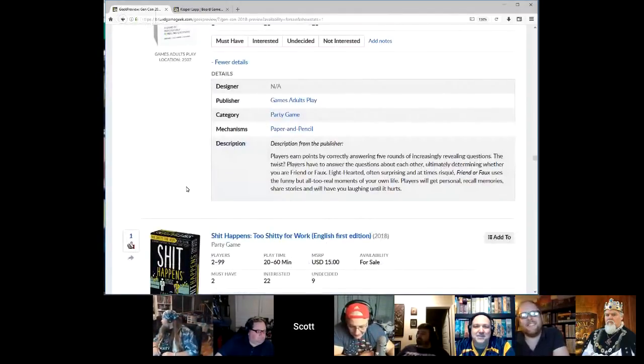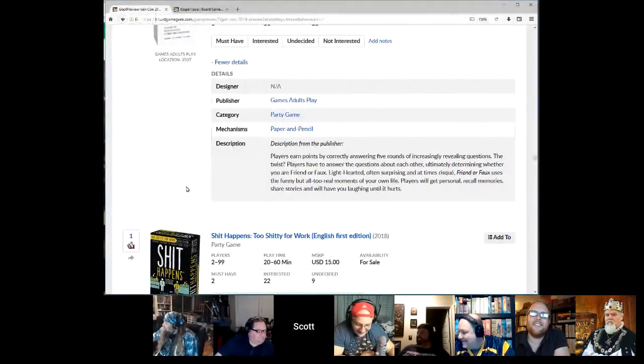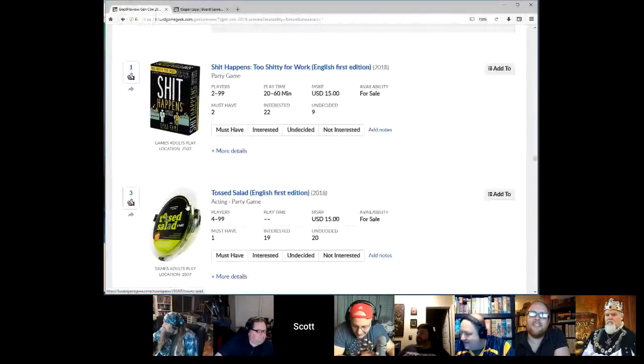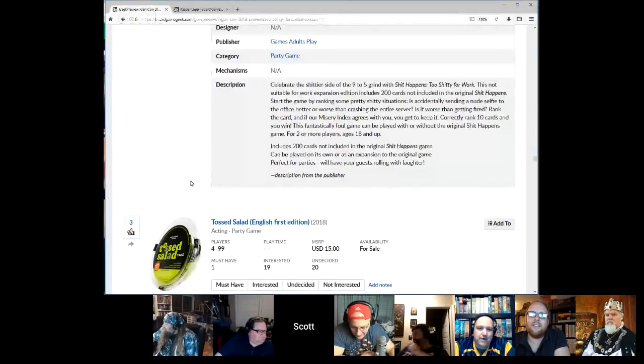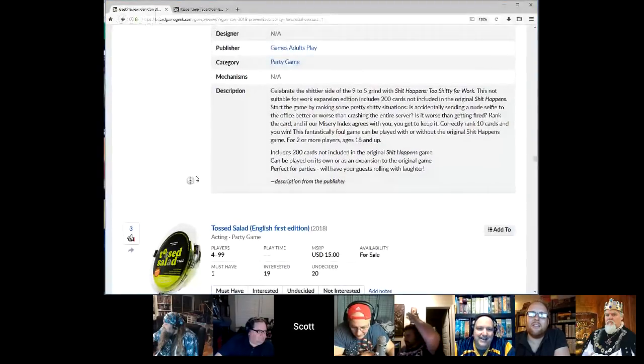Where the hell's Forrest, when we have the Toss Salad game showing up? Oh yeah, this is my category right here. Yeah, Shit Happens is completely Forrest Bauer. Toss Salad presents Roman helmet. So they've got a bunch of adult games: Friend or Foe, Shit Happens, Toss Salad, and